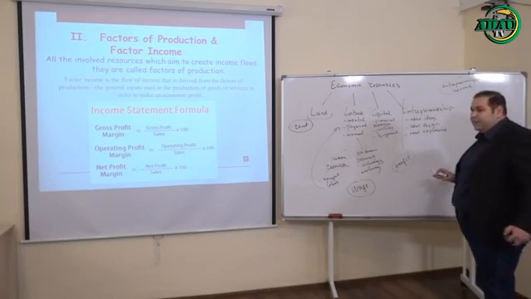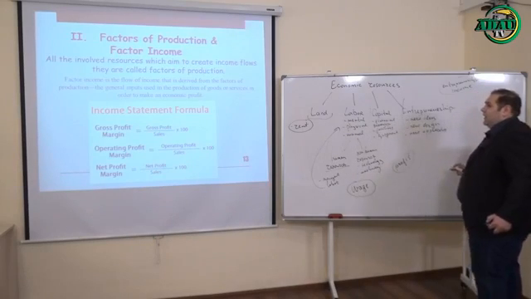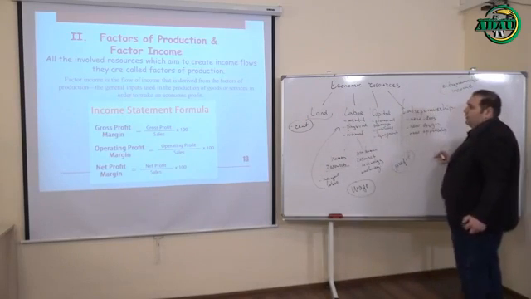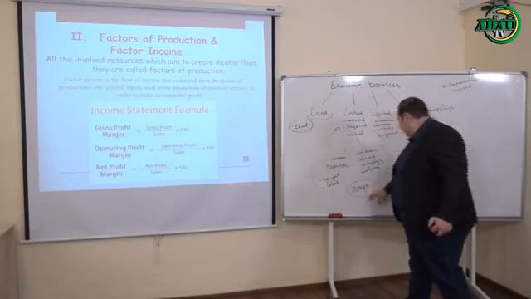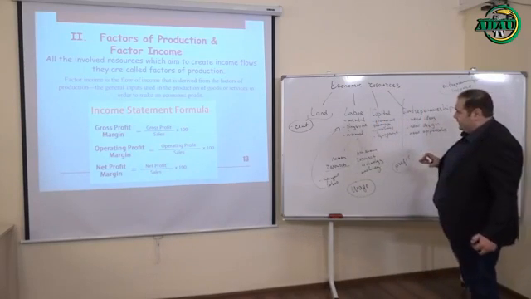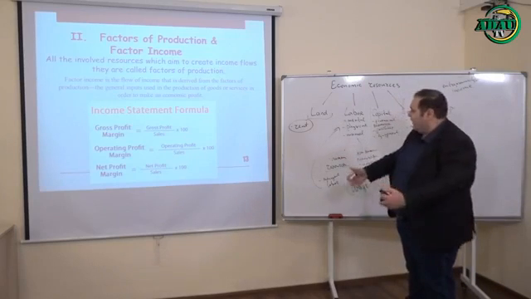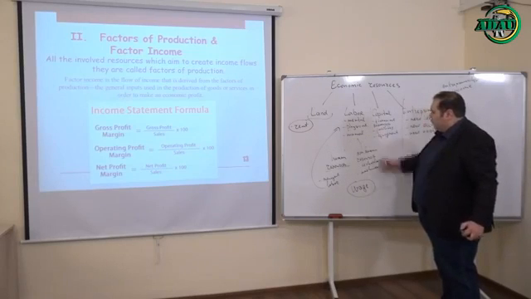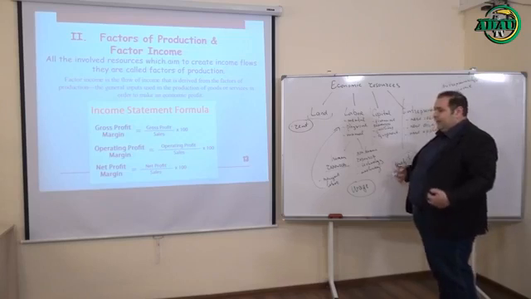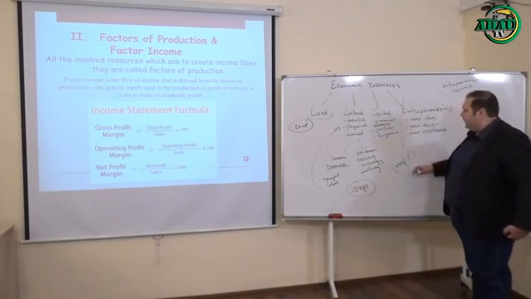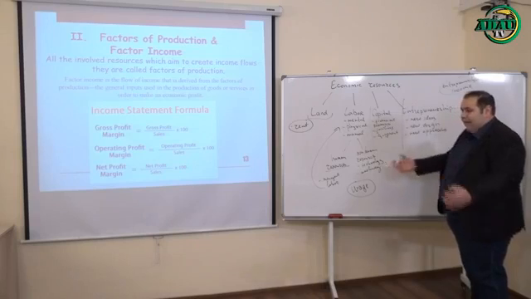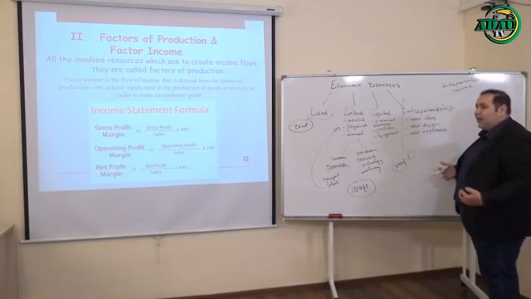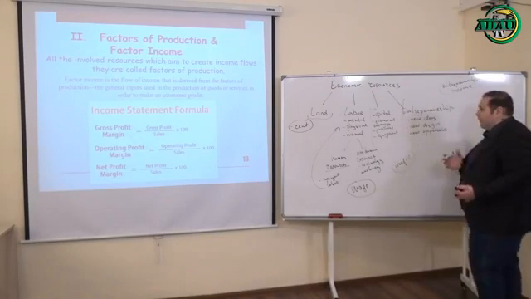What are the factor incomes? Factor incomes are derived from each factor of production, and they are called rent, wage, profit, and entrepreneurship income. From the land, we give for rent and get the rent. From wage, you are using your labor and get the wage. The capital, financial resources, facilities, all these bring you profit. With entrepreneurship skills, you are selling your ideas, your design, your opinions, and you get the entrepreneurship income.